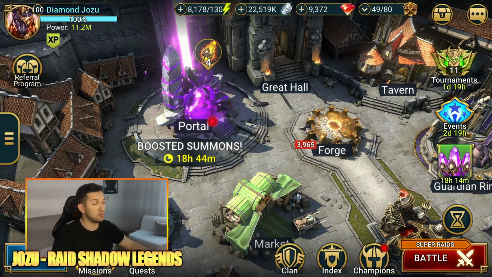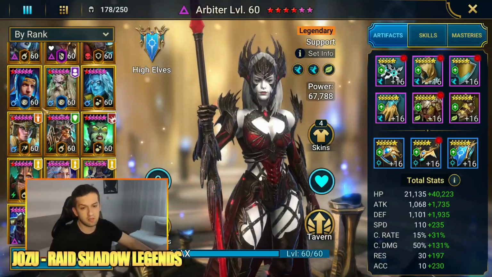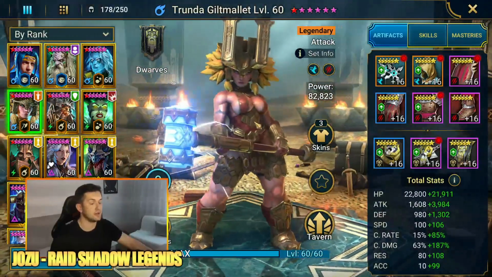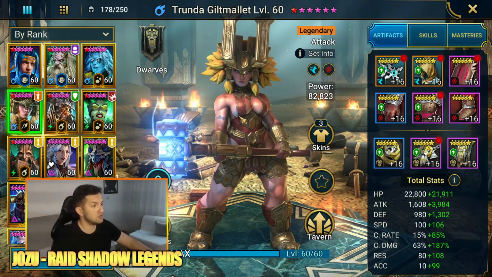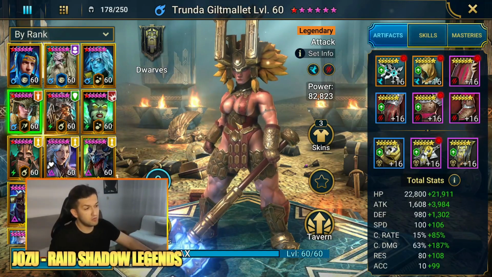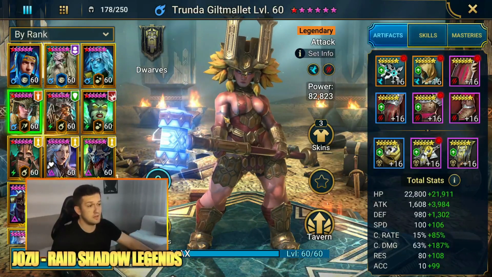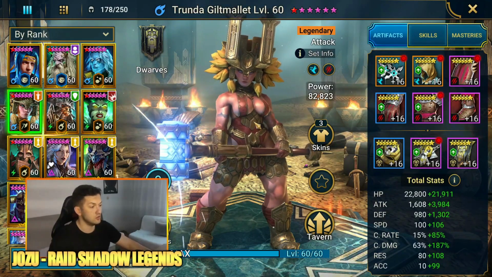In this one I'll be talking about a certain champion. This will be a champion showcase and it is one of the first legendary champions that I ever got on this account. We'll be talking about Trunda Guild Mallet. People have been saying that she has dropped a little bit over the years, and I kinda do agree, but that doesn't mean she's any bad at what she's supposed to do, and that is nuking the hell out